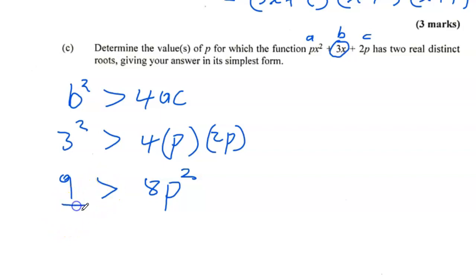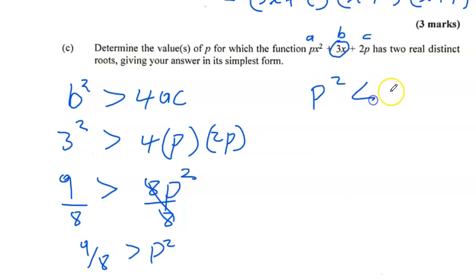So we can divide both sides by 8. So 9 over 8 is greater than p squared, which is the same as saying p squared is less than 9